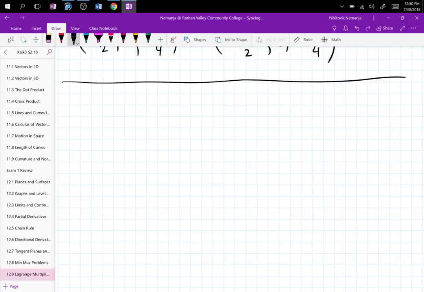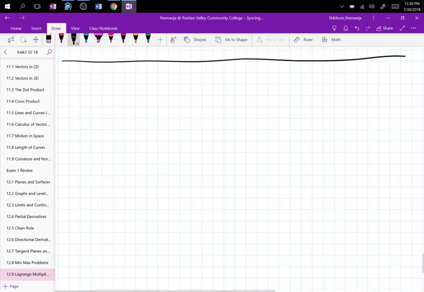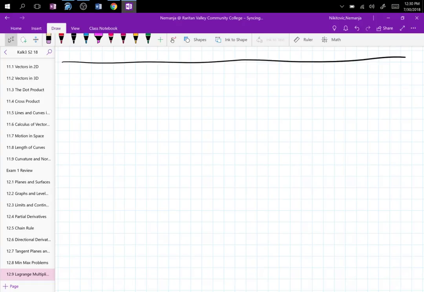So what should we do? Number 30? Minimum distance to a plane. Find the point on the plane closest to the point blah blah blah. Great. So